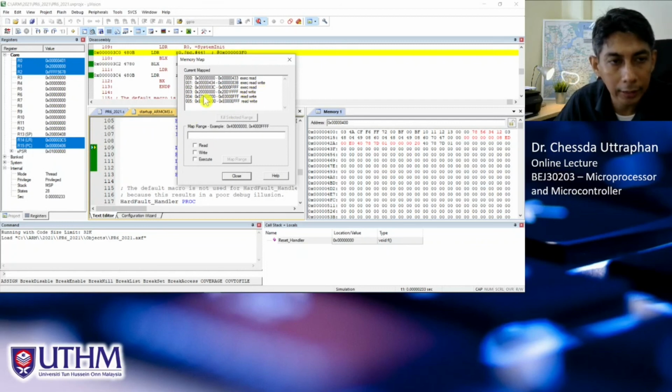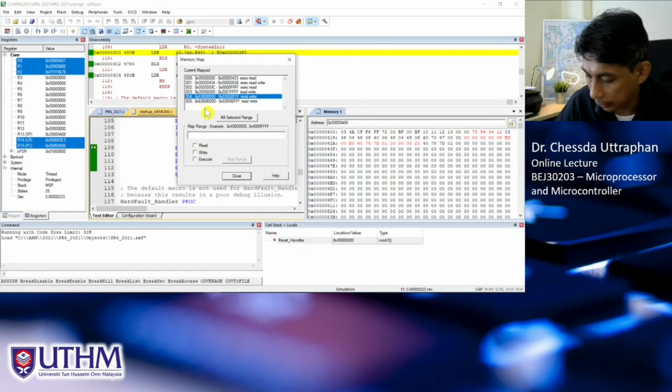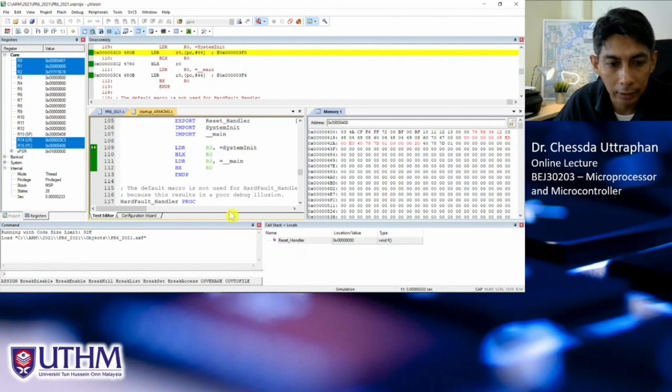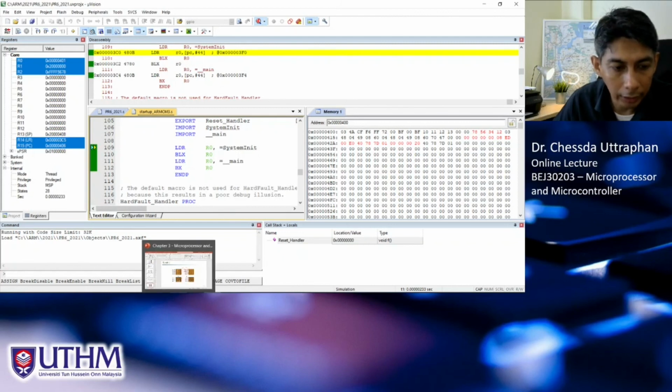And you can actually modify this, but in this case I just use what we have here. And this is not fixed; it depends on the microprocessor manufacturer, right? How they want to set this memory organization, right? So in the